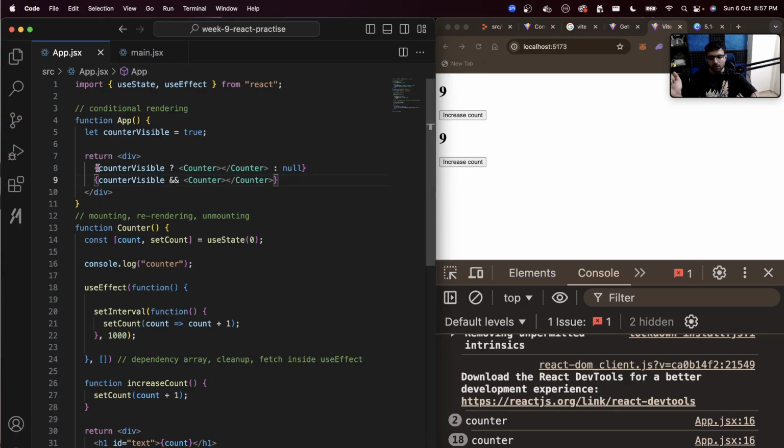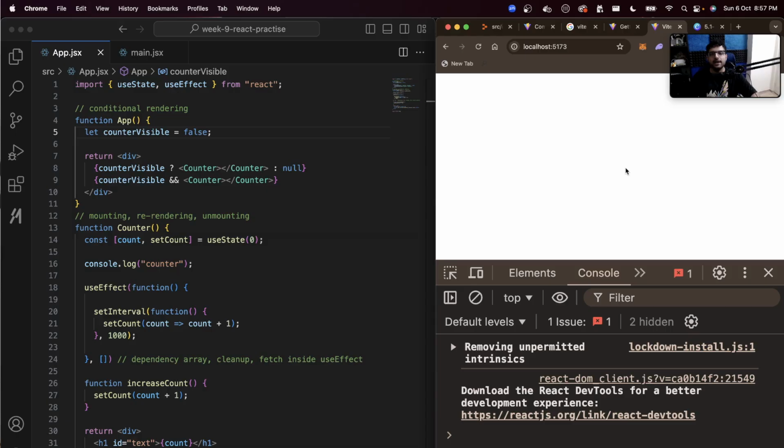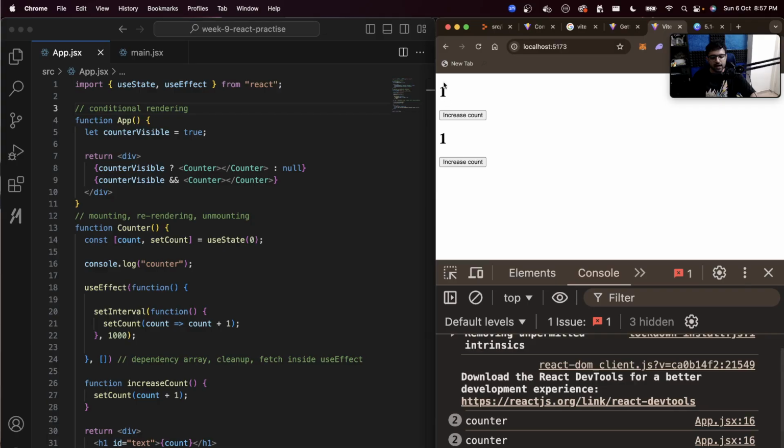So this is what conditional rendering is. Okay, based on a certain condition, render a component. अब इसको अगर मैं false कर दूंगा, if I set this to false, then what is happening? I see nothing. If I set this to true, then what is happening? I see something. Now, given you guys know about useEffect,